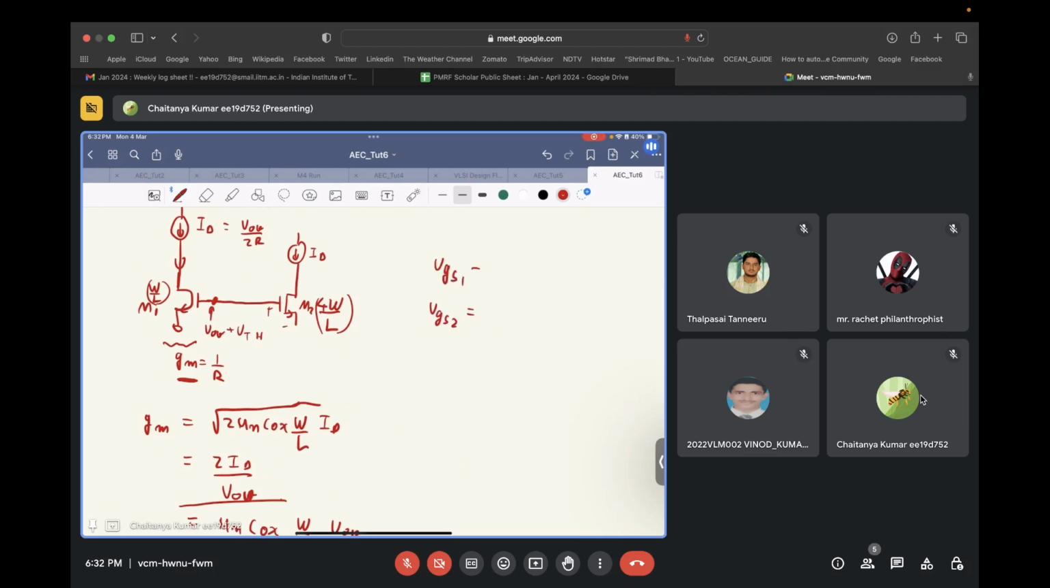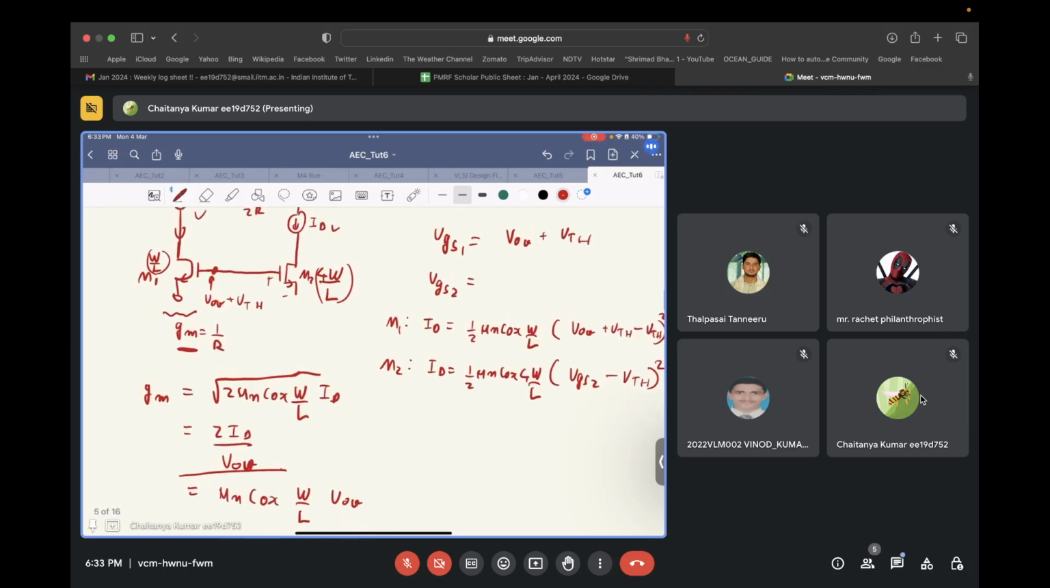So if VGS1 is equal to V overdrive plus VTH, VGS2 is not simply VTH plus the same overdrive, we shall calculate it. The current in both circuits is the same, right? So for transistor M1, ID is equal to half mu n Cox W by L times (V overdrive plus VTH minus VTH) whole squared. And for transistor M2, ID is equal to half mu n Cox 4 times W by L times (VGS2 minus VTH) whole squared. If you divide the two equations,